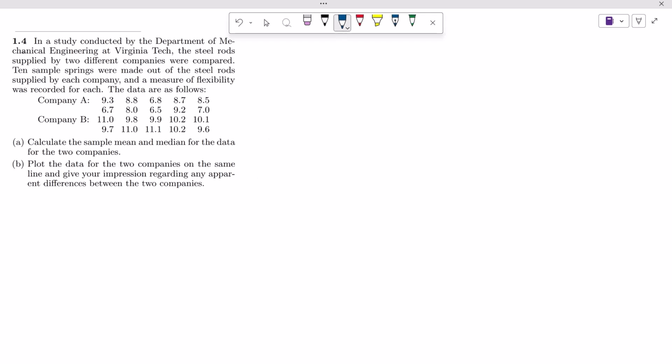Welcome back, guys. So this is question 1.4 of our book Probability and Statistics for Engineers and Scientists by Walpole